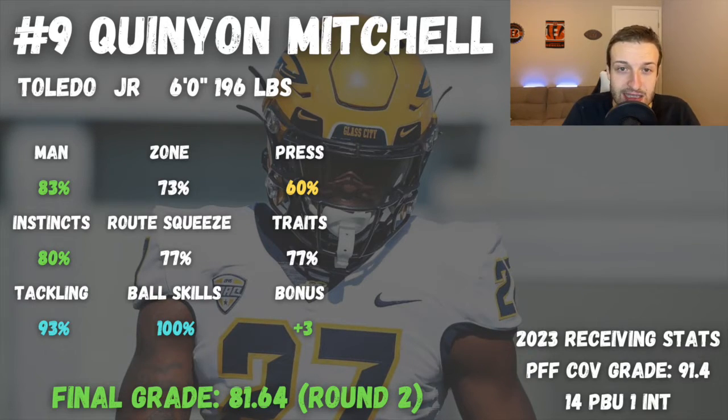He has good size. I definitely think that there are some really, really good traits, the best of which being his ball skills. He is so good at understanding where and when the ball is coming and then just being able to go up and attack it. He has a great vertical ability, the ability to jump up, fight through the wide receiver's hands. He can both turn his head and look for the football and get interceptions and break up passes, but he can also play through the wide receiver if he's playing trail